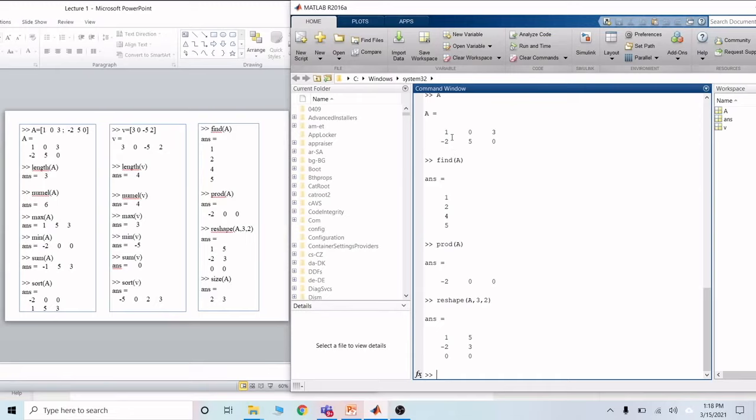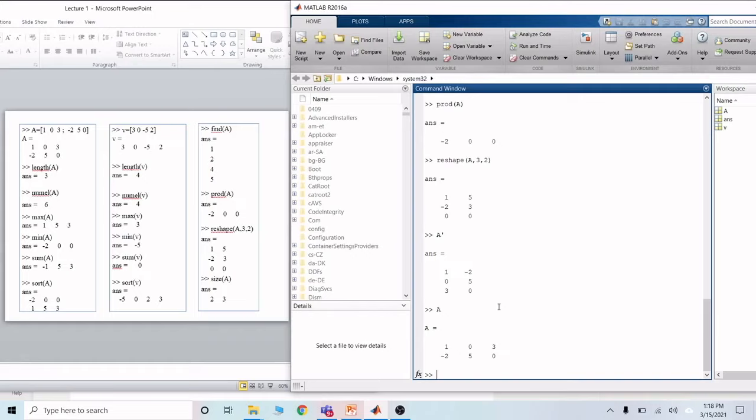Then I have told you that MATLAB will read column wise. First -2, second, third element is 0, then fill third 0, fourth element is 5, then it fills the second column 5, then 3, and then 0. It will not create in row and column. If you want to change row and column, then it is transpose. A is this and transpose is this. 1 0 3, -2 5 0.